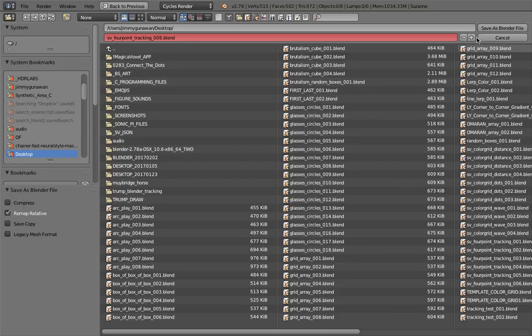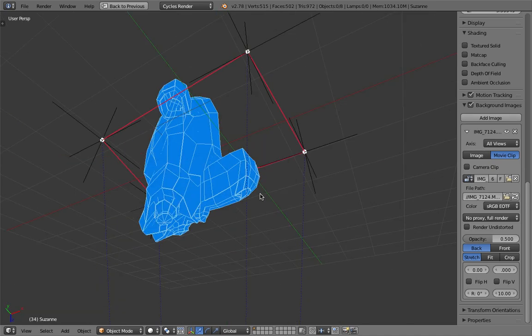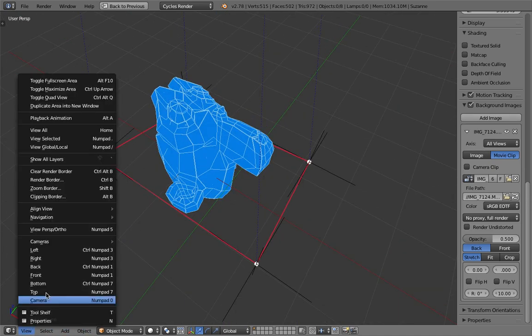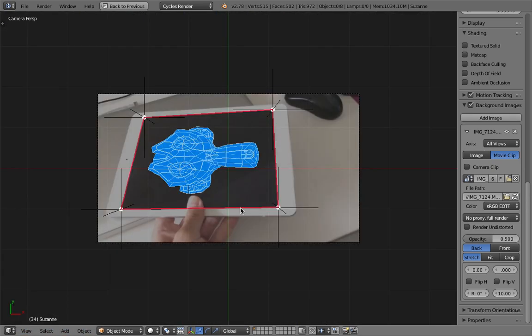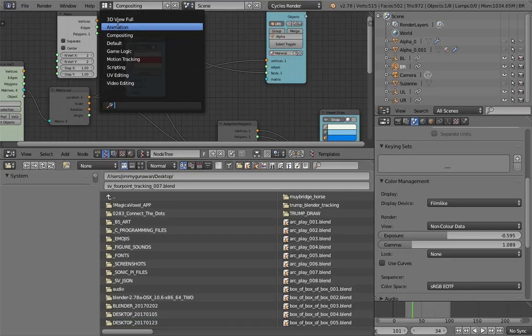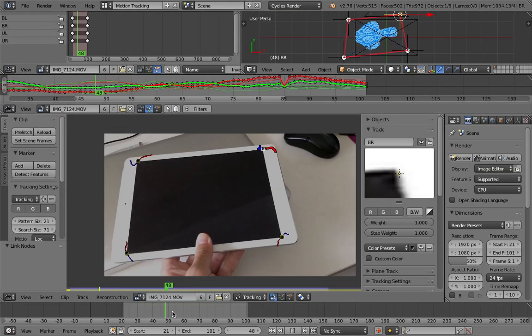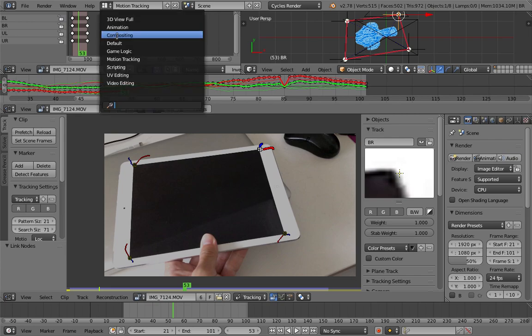The nice thing about this is the whole setup is pretty much procedural, so everything is still kind of connected. You can still go back to the motion tracking, and then you make adjustments, and it's gonna update accordingly in the 3D view,